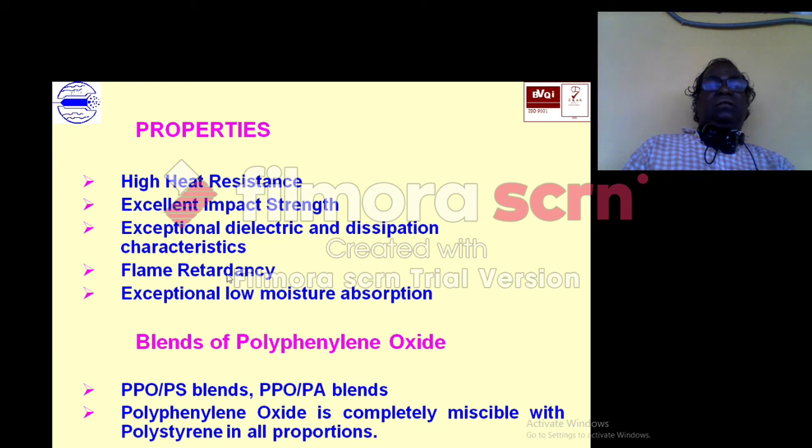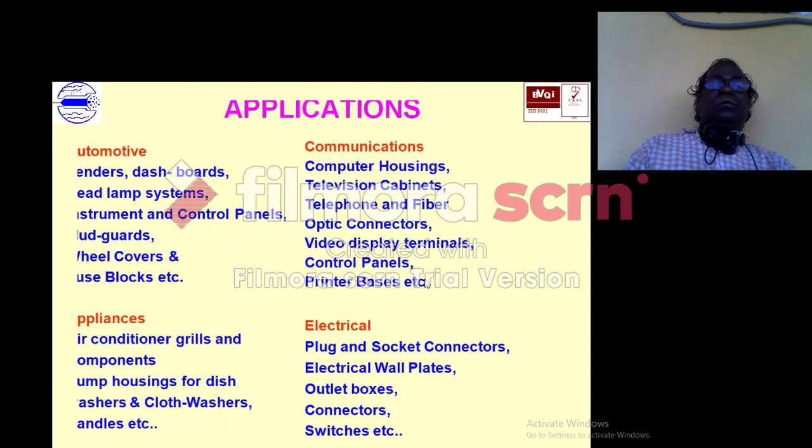So the blend of PPO: you can blend with polystyrene and polyamide, and it can also be blended with polycarbonate, for getting a better product with higher strength. These are some applications. It is used in automotive, communication, electrical, and other applications.